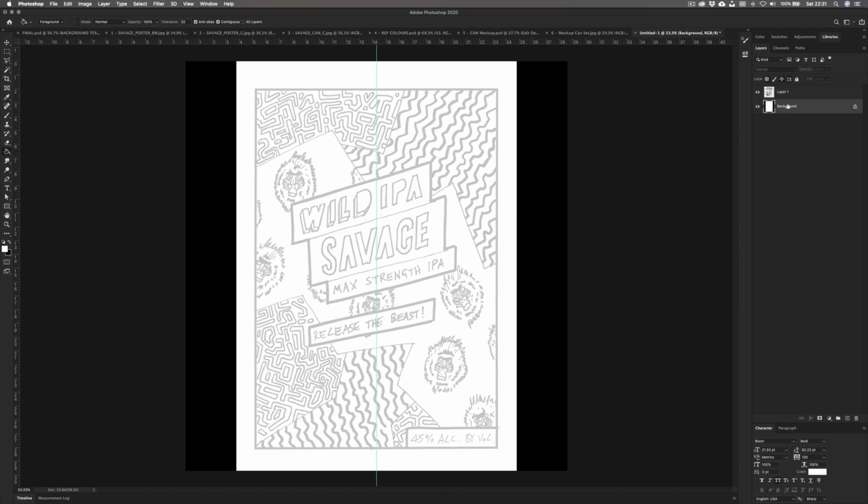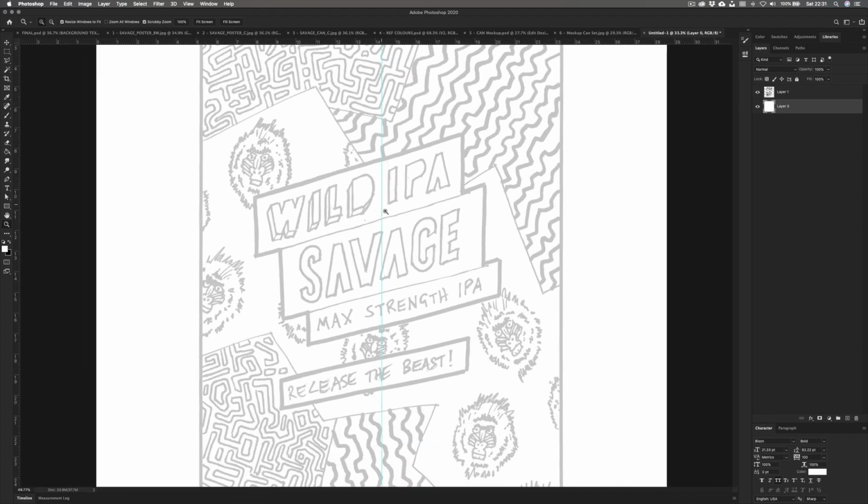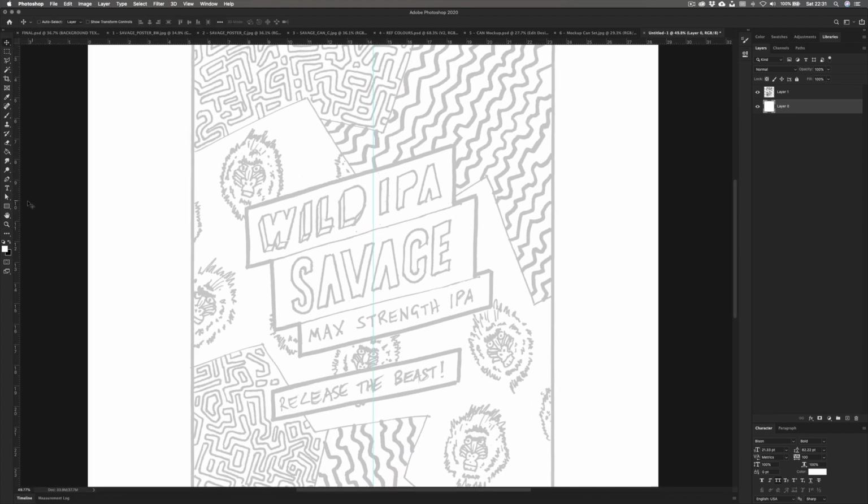I'll click back on the background layer, I'll double click that to release the lock, and with the white as the foreground color, I'll just click on the outside. So now I have a wider canvas area than I did previously. And the first thing I'm going to do is start with the type area in the middle. So I'll start with a shape. So I'll come over to my shape tool and click a rectangle shape, and I'll just click and drag that